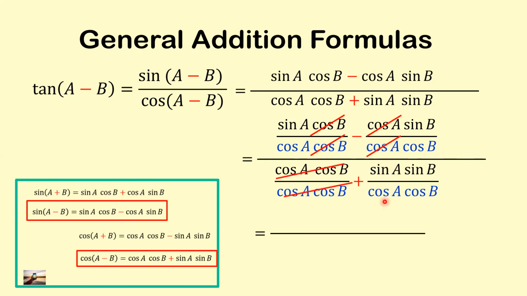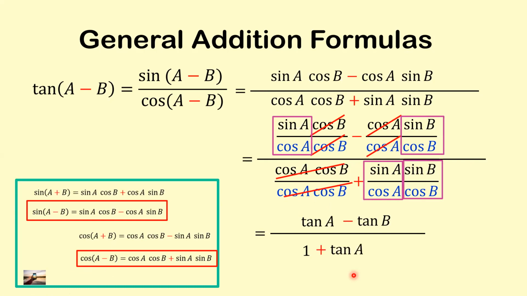Tapos for this naman, this will be tangent A, tangent B. So let's do it here. This is tangent A minus the tangent of B all over 1 plus tangent A, tapos the other quotient is tangent B. So, ayun, tangent of a difference is tan minus tan over 1 plus tan tan. Okay? So, parang nag-swap lang, no? That's minus, kaya minus yung nasa taas, plus yung nasa baba. Take note, it's coming